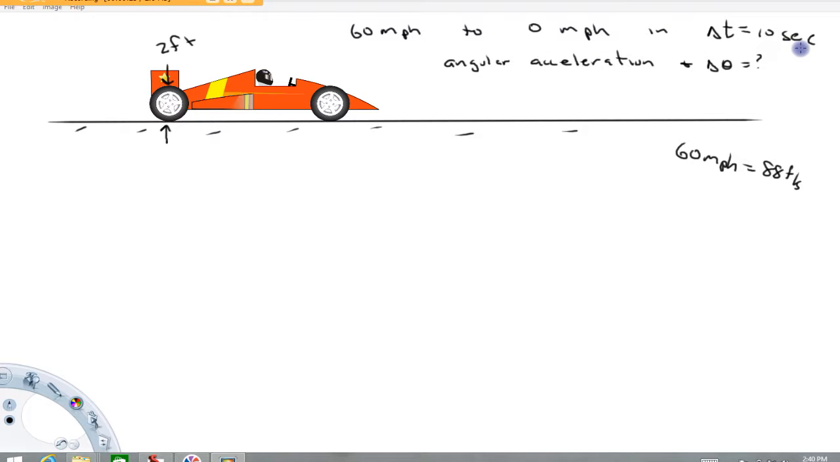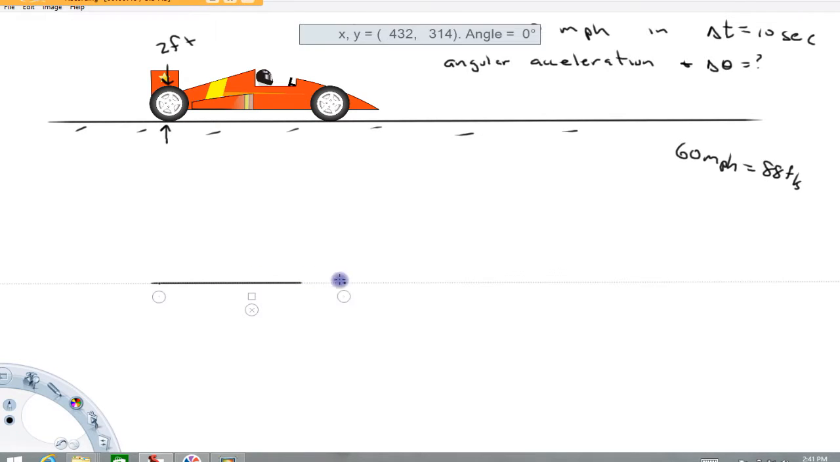And what we're ultimately going to try to calculate is the angular acceleration of the tire and the change in theta here, how many times the tire went around basically while this was occurring. So before we talk about the rotational motion of the tire, I'm going to start by looking at the translational motion of the car. So if I were to start with a velocity graph for that car,